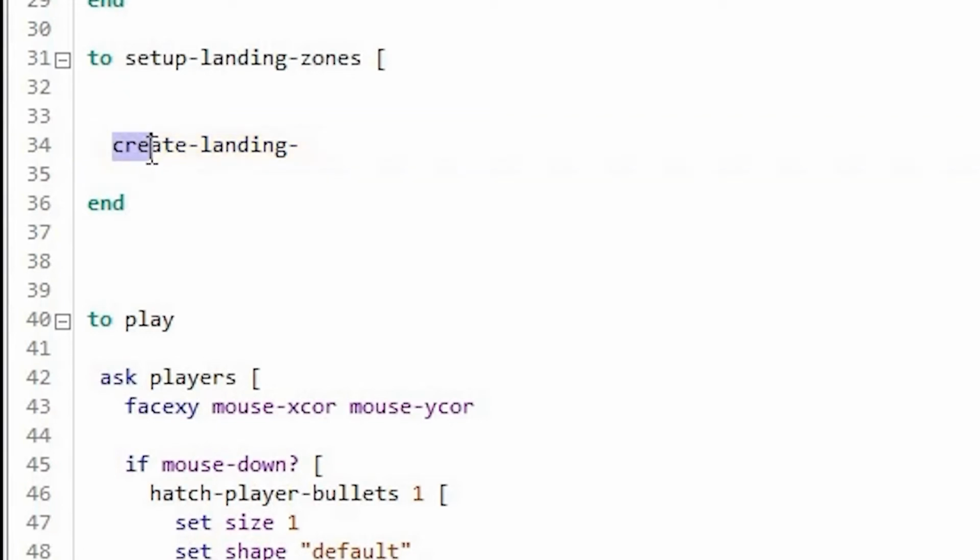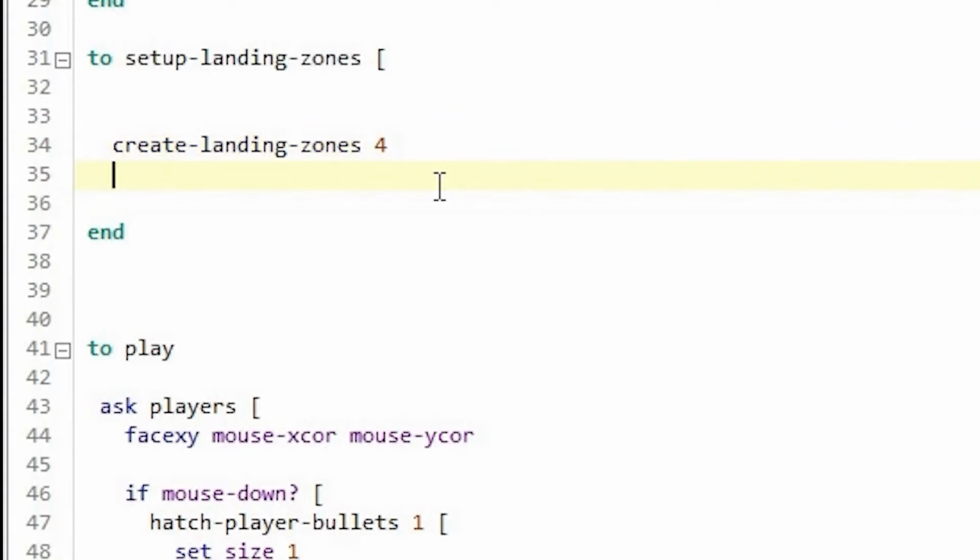Whenever we use this create word in front of a specific breed, NetLogo knows that we are asking to create this specific type of turtles. Even if you use hatch, NetLogo knows from the first word that we want to hatch this specific type of turtles. So here I'm going to say create landing zones. I would like to have 4 landing zones, and then I'm going to ask these landing zones